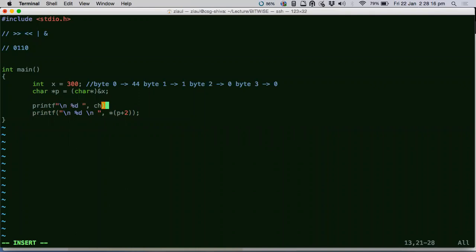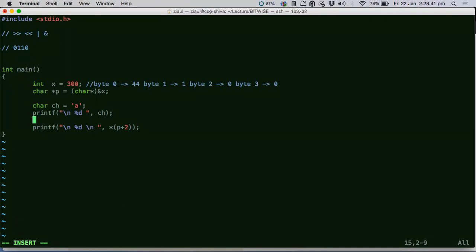If you have a character here, can't I use a character here? Yes, sir. So why isn't it going to all the 4 bytes this time? It will not go, because it will check what kind of pointer it is. It's a character pointer. It is pointing to a 1 byte location. So why will it take in all the other 3 bytes?